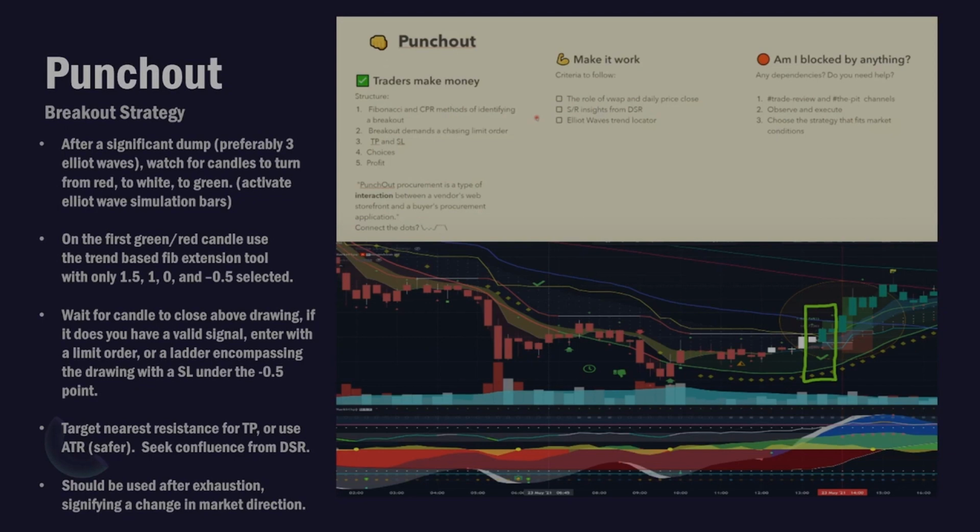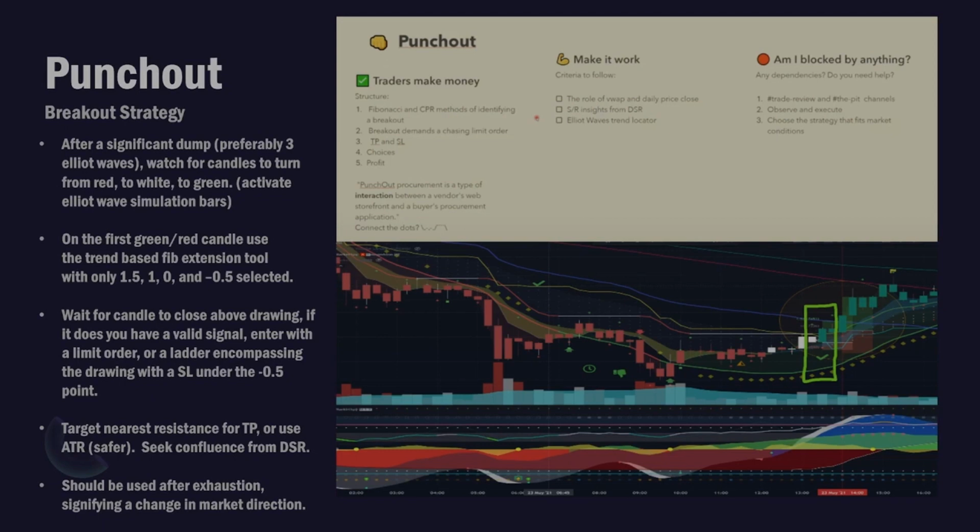And then you wait until that candle closes, and then you draw your trend-based fib extension on that candle, and then you wait for price to close above that area, and if it does, that is confirmation that we could be having a bit of a breakout or a movement up, and so that is when you would enter